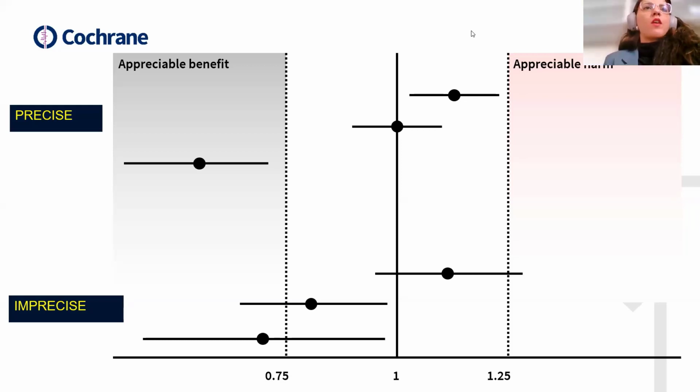Okay, so the second question is quite similar. I'm working on a review on the effect of supplements on weight gain in malnourished children. Is it okay to use, again, the 0.75 and 1.25 thresholds as a rule of thumb? So I guess this is quite similar to the previous one. I would add to this that